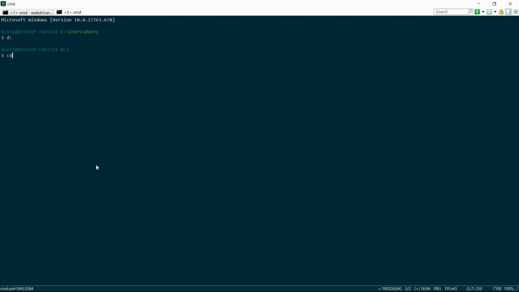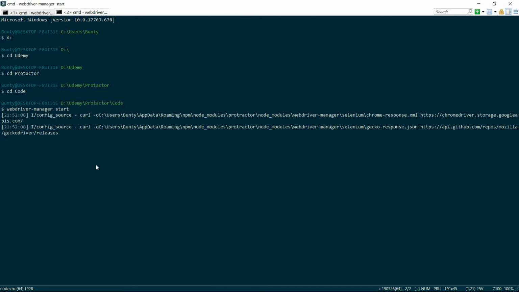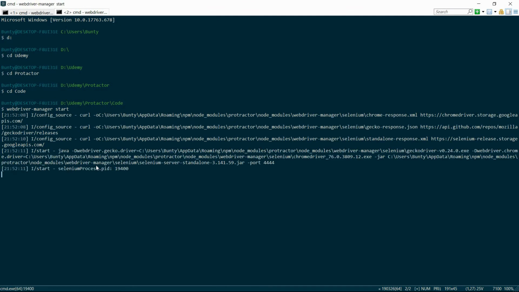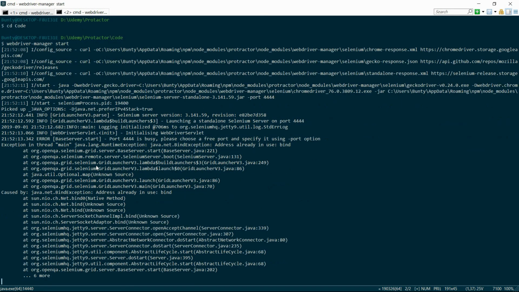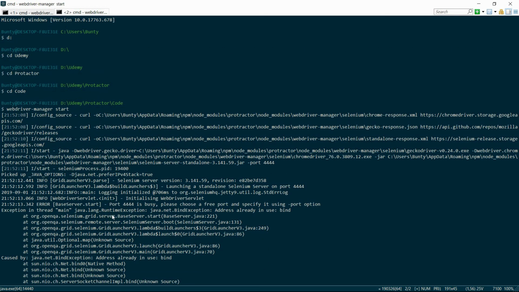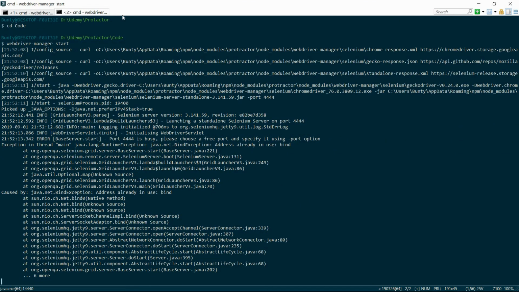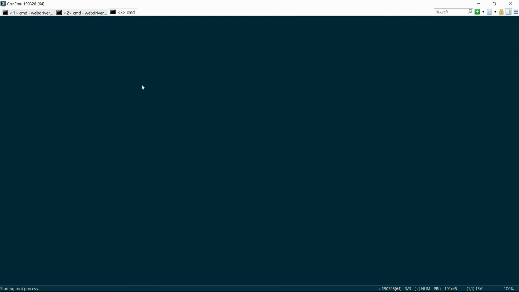Traverse to the position, cd protractor, cd code, yes, and we will write webdriver-manager start. So it will say whether the Selenium server is already running on our machine or not. I think it's not. Okay, so Selenium is already running. We have no issues on that.